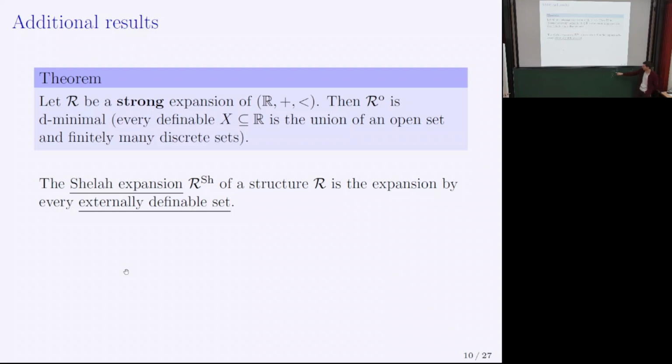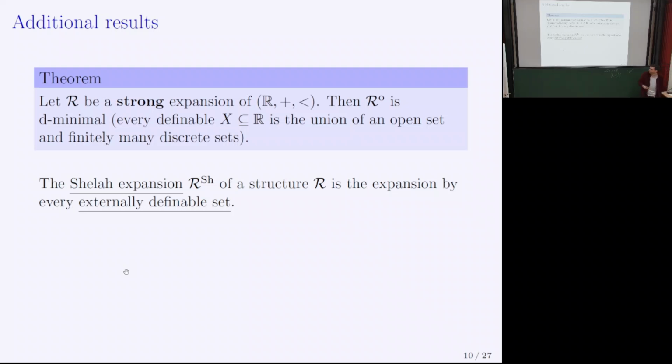And so we think about all the elements in R that satisfy the formula, right? So it's definable, but externally. Right? And this is a very important construction, the Shelah expansion in NIP structures, because it turns out the Shelah expansion is a structure itself. So all the externally definable sets are closed under projections, they form a structure.